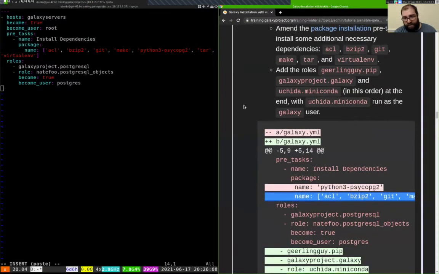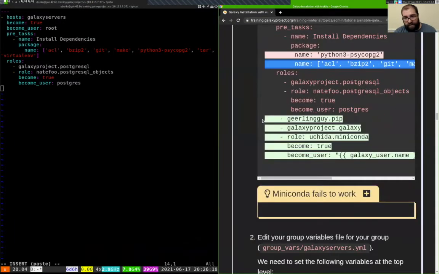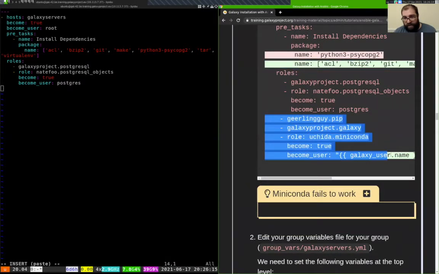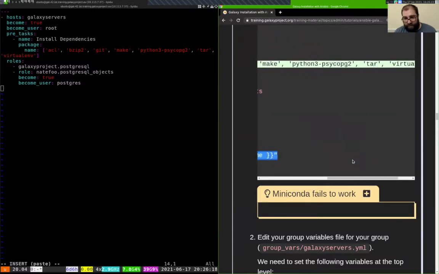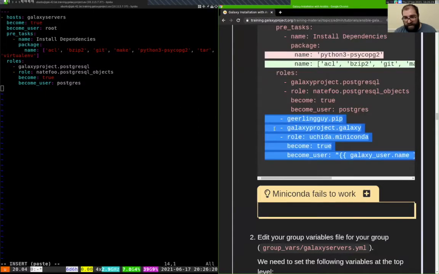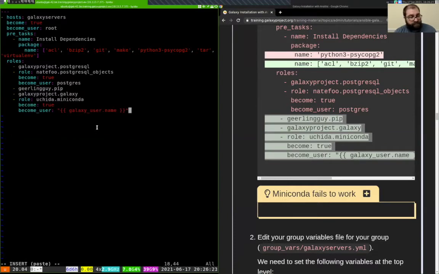Okay. Now we need to add some new roles. The pip role, the galaxyproject.galaxy role, and the miniconda role. So you can see here that become user is in fact a template variable again. It's not just galaxy. Although the user that we're creating is named galaxy,